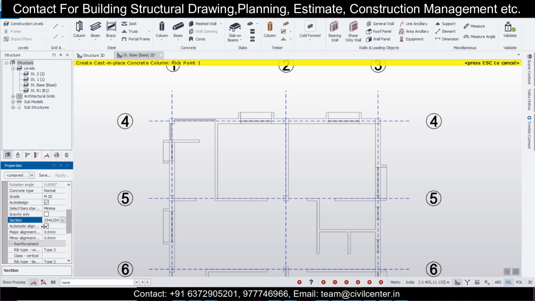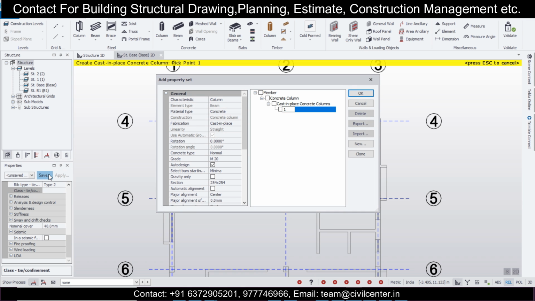M20 concrete, automatic alignment we'll turn off, and this will be type 2. By default I've set it to FE500, so that shouldn't be any problem. Once you've done that, just click on save.